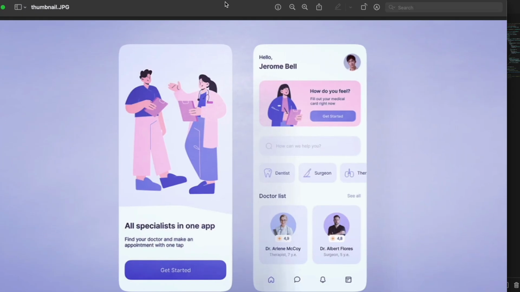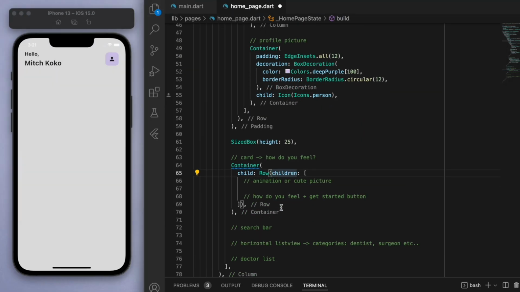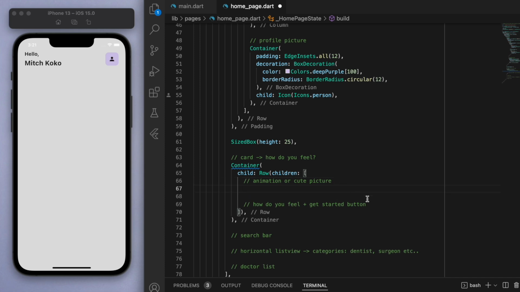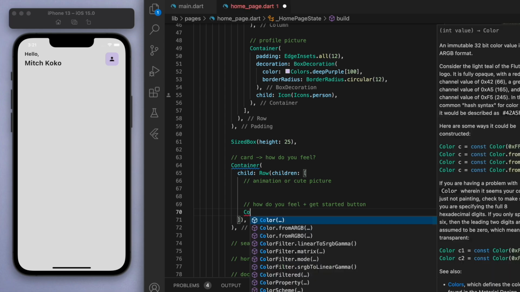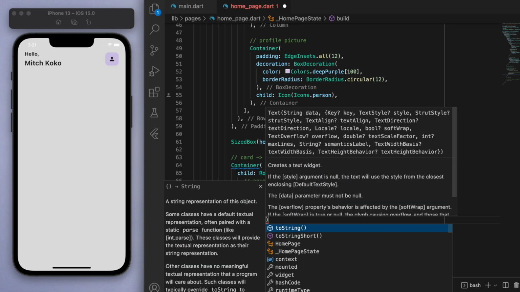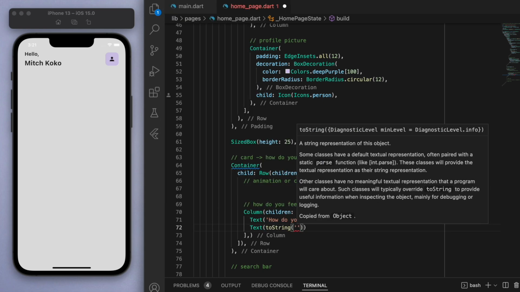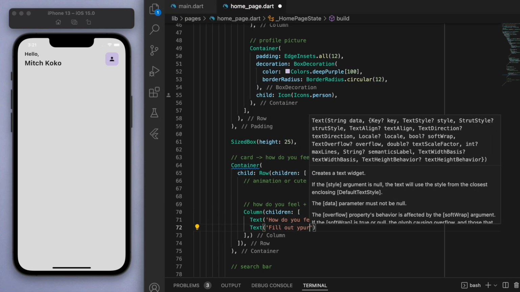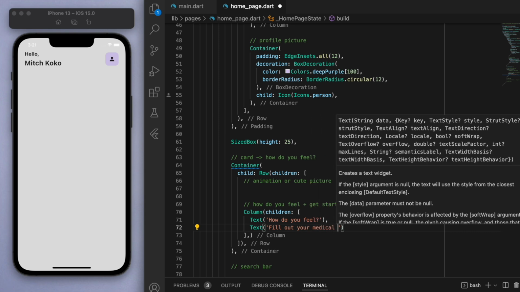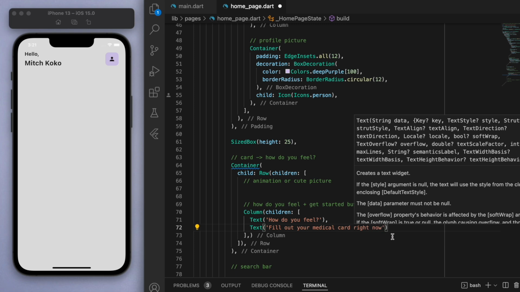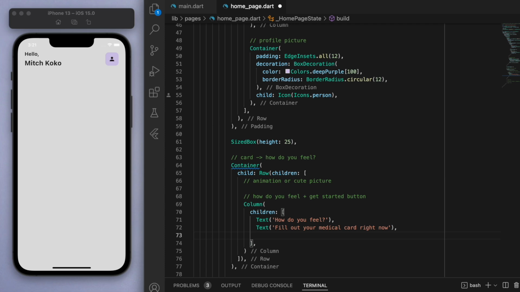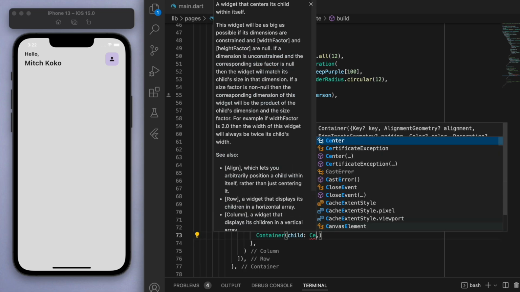So basically what I'm talking about here is just like we should have some space for this little girl, this little picture, and then on the right side we can have this information. So I actually didn't prepare an image for this, so we'll just leave this for now. But just this side, we're going to have to have it in a column, and we'll say, how do you feel? And then another text widget, fill out your medical card right now. And then we have another button. Just going to put a container, and in the middle